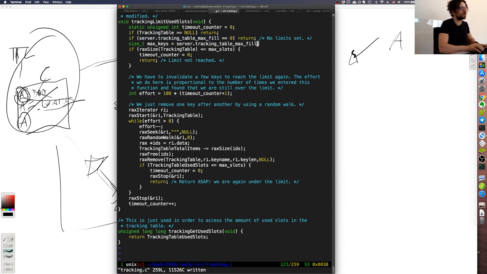We will do some refactoring later because these names are wrong. If flag size is less than max keys, okay, we are fine. But okay, time counter. Okay, if we reach this point,